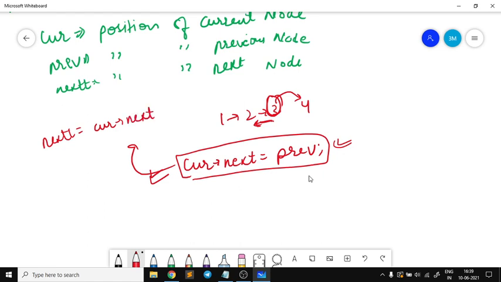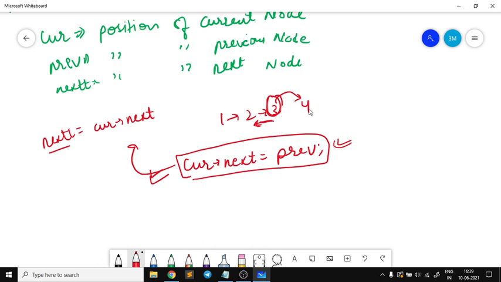So that was the concept of the next pointer and the current pointer, and now comes the previous pointer. As we know, for reversing each node, I have to keep three pointers: previous, current and next. If I'm at this node 3, I have previous at 2, next at 4, right?